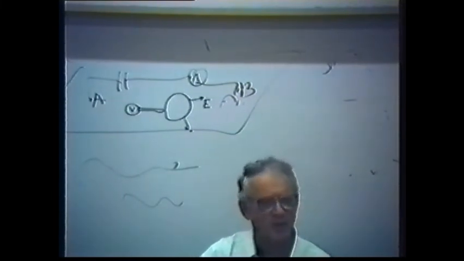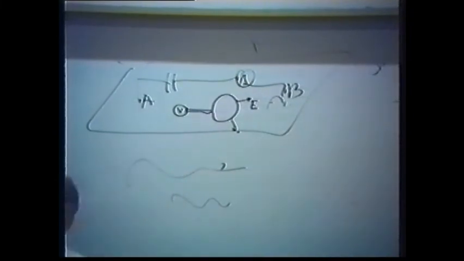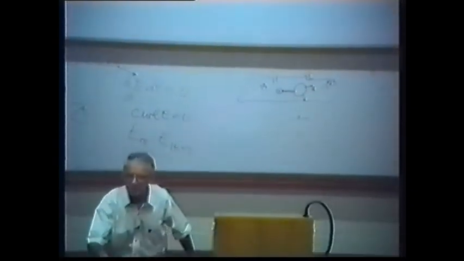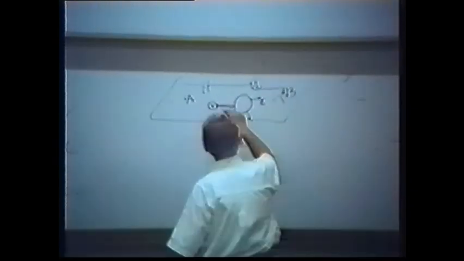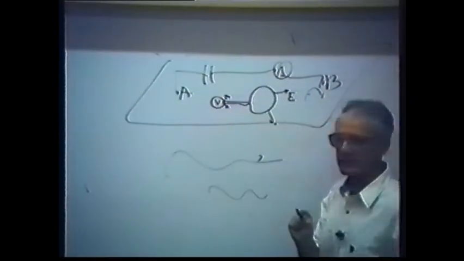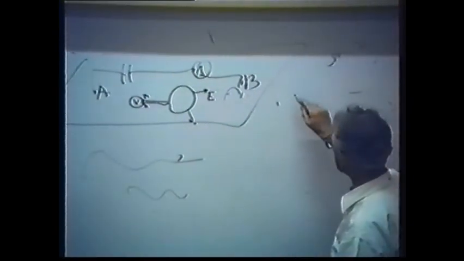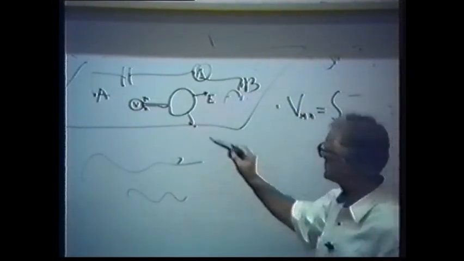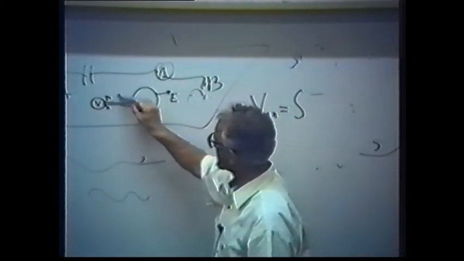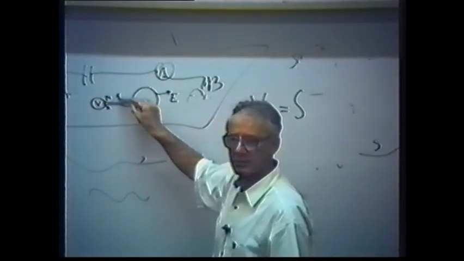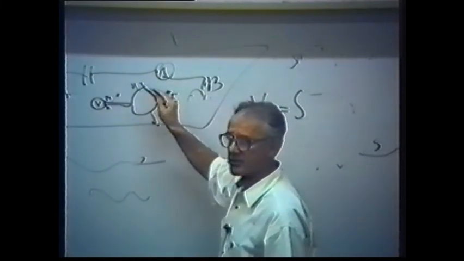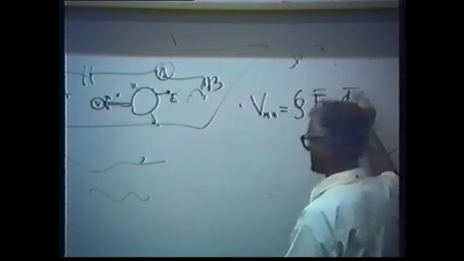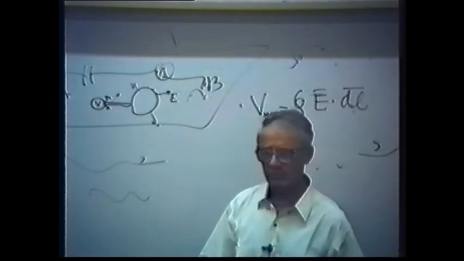Only don't tell me about potential. I don't know anything about that as a voltmeter. It's called a voltmeter, it measures voltage. What is voltage by definition? Let us call the points M and N. The voltage between points M and N is equal to an integral. At this point, there is electrical field. There is electrical field at this point. So I have to take the integral of electrical field times dl. True?